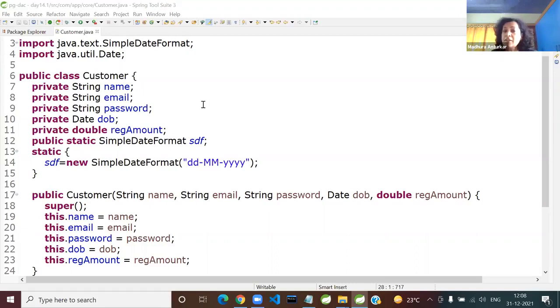Now, here, if I want to add, suppose like 4 or 5 customer details, what is it I'll have to do? I'll have to attach a scanner and then I'll have to take the details and we'll waste a lot of time. So I had told you long back, testing your entire business logic with sample data is always good. So let us hard code some sample data and keep it in the form of a list.